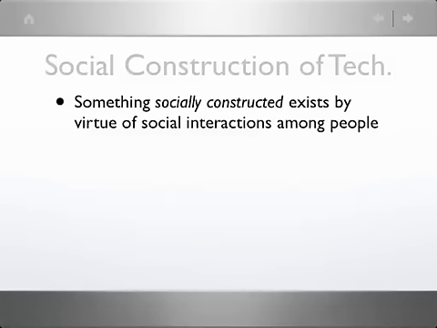For everything that we have, we have particular ideas about what it is, what it means, what it does, and it's these sorts of things that are socially constructed and that exist only by virtue of the social interactions that we have amongst one another. The meaning of a cell phone, for instance, as a means of communication and as a means of the many other things that we can do on smartphones now, is something that we understand in the context of what we do with it in connection with other people.